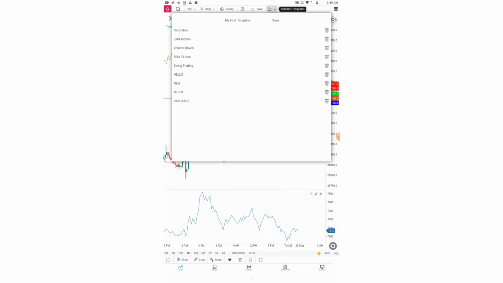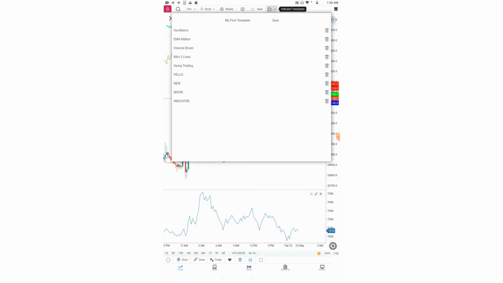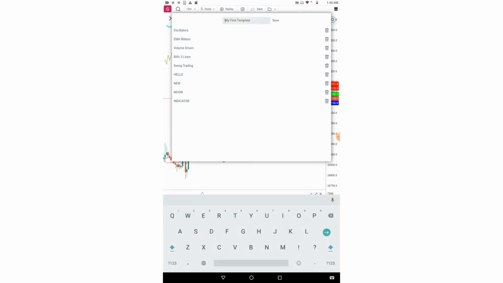Let's come to the template section. Here we can create a template for a specific group of indicators. For example, right now I have these two indicators called Ichimoku and accumulation distribution. So if I save this template, I need to put a name here.